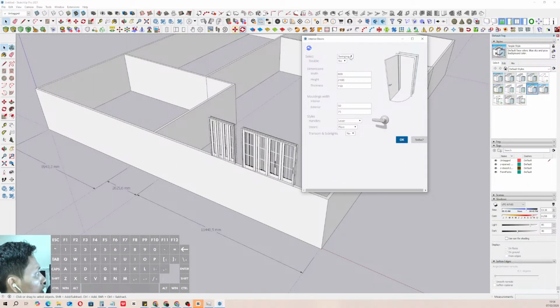And we can make the folding door in here, or pocket door, or sliding doors in here. Maybe three panels of the door. For width we can just select 2.4 meter, and for the height 2.4 meter also. Or for the width maybe it's around 3 meter. Okay, for the thickness 150, and for the transom,